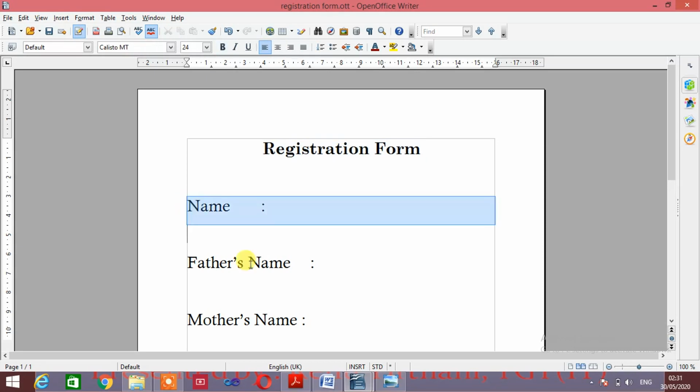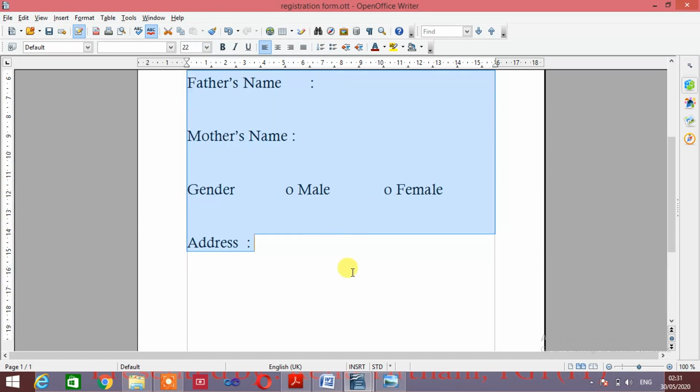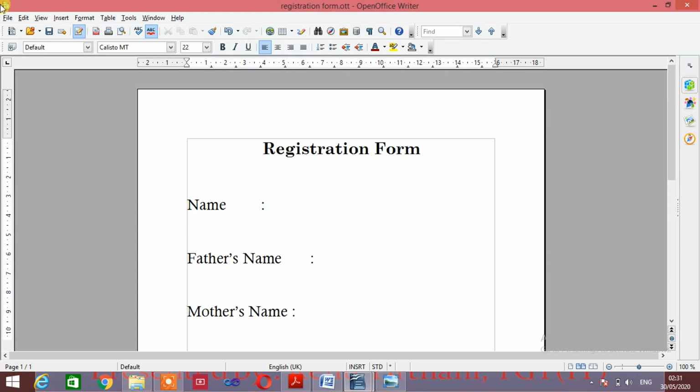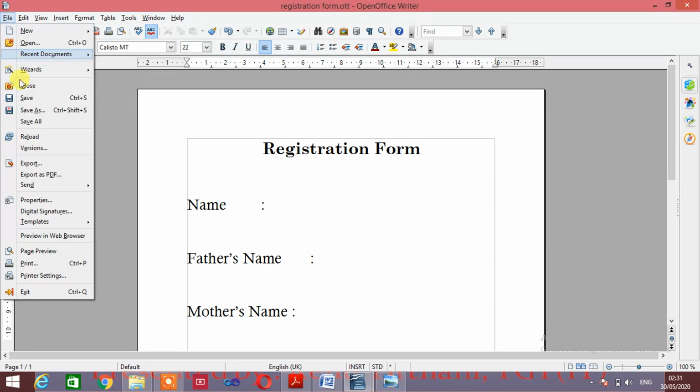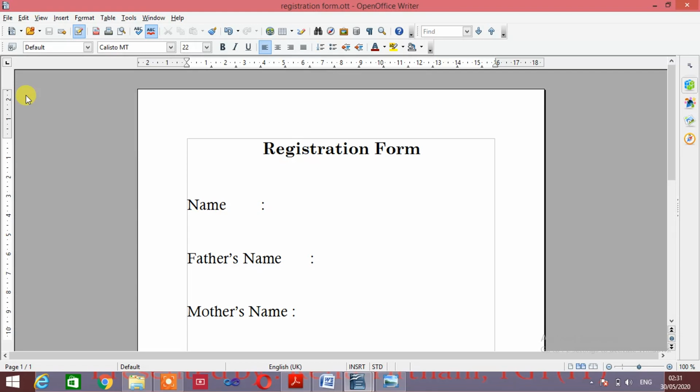And here I want to decrease the size. After making changes, go to the File menu and click on the Save option, not Save As. Now you have made changes in the particular template. You have edited the template.